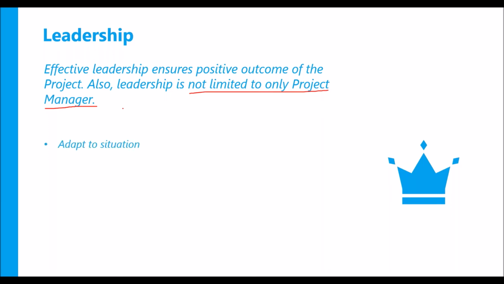Some attributes are adapt to situation, exhibit integrity and ethics, right? Not only a project manager needs to exhibit it, even every team member can exhibit it, and you can train the team members on these aspects. Directive action during chaos. This is a good example of a leader, right? When the team is in chaos, a good decision maker is what they'll be looking for, right? So a leader should be able to take directive action during a chaotic situation and always have an eye on